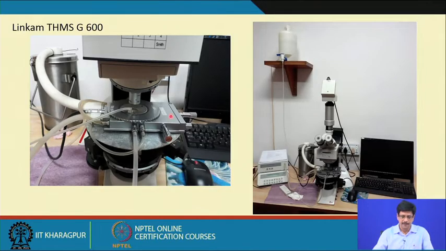This stage also works in a similar manner, but the only difference is that the freezing and heating modes do not need any changeover, connection or disconnection of the tube. Here we can see the system in its totality. This is a temperature controller, and this is the liquid nitrogen pump, which pumps the liquid nitrogen from this dewar at any controlled rate as we desire, depending on the rate at which we would like to decrease the temperature during freezing.